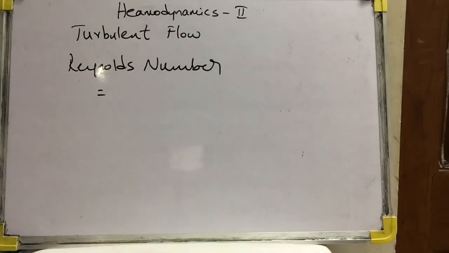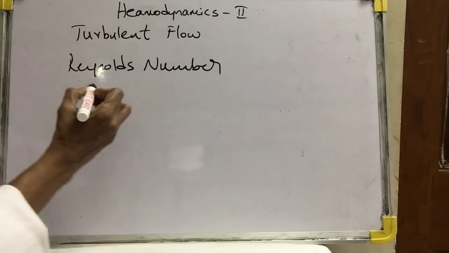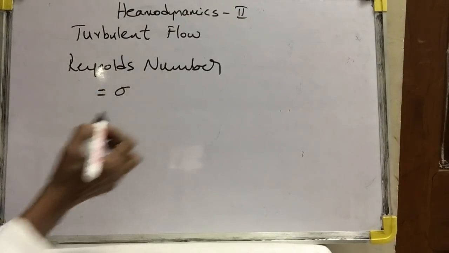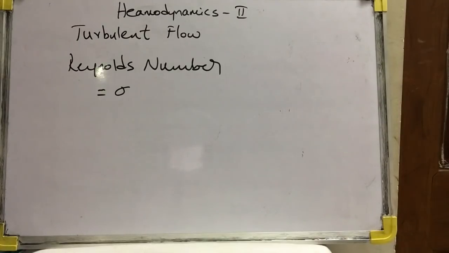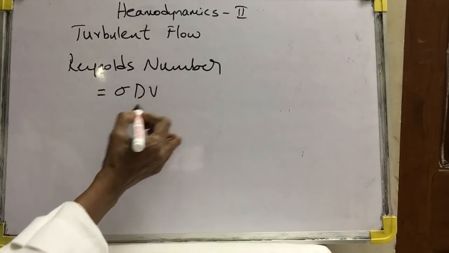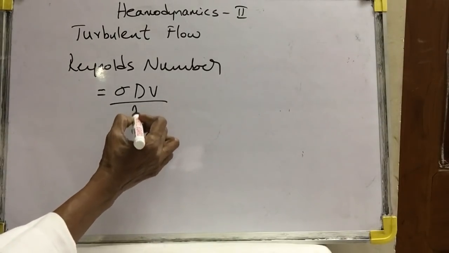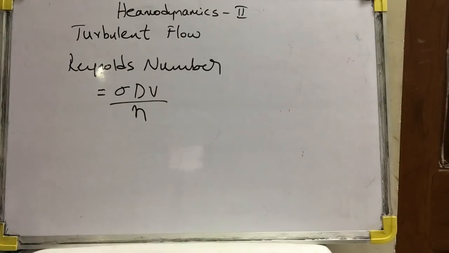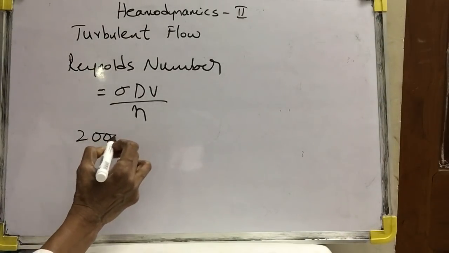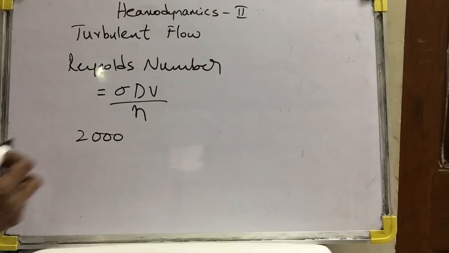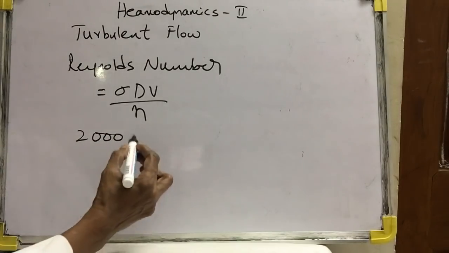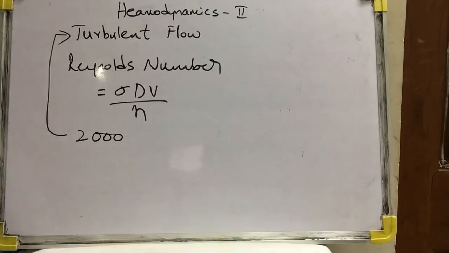That means the Reynolds number is calculated as density, diameter and velocity of blood flow, and viscosity. Normally in laminar flow, the Reynolds number is below 2000. If it exceeds 2000, then that will result in turbulent blood flow.